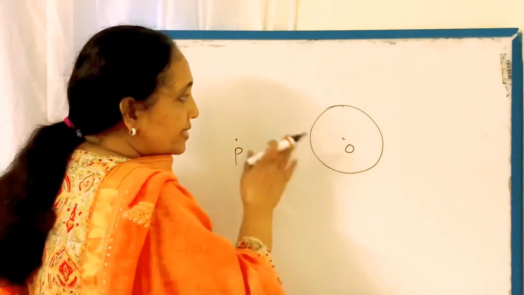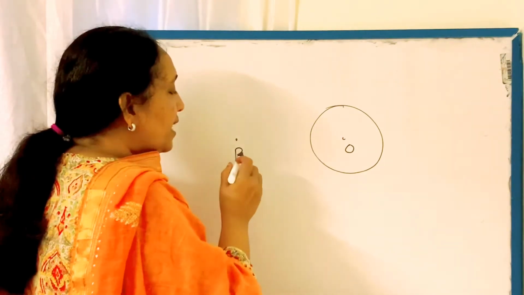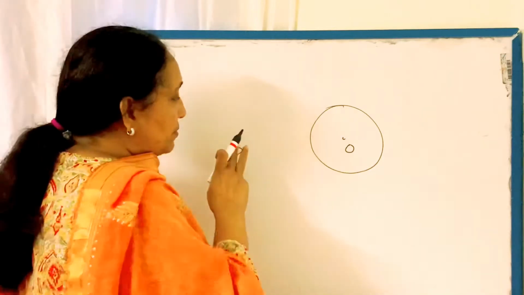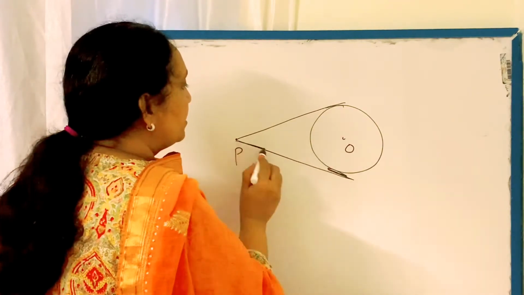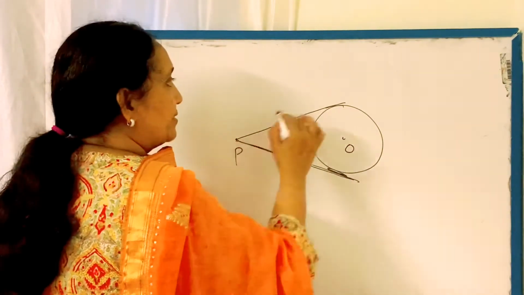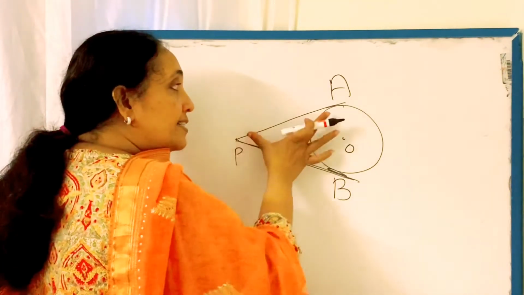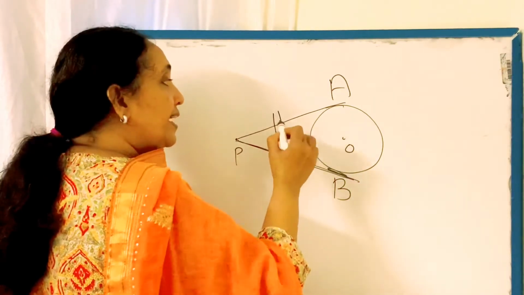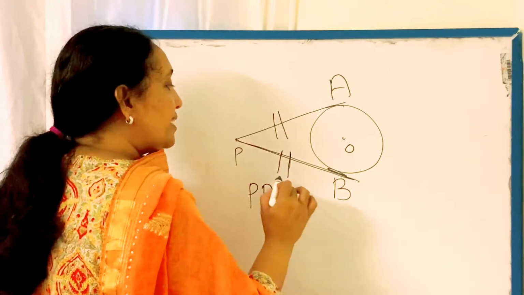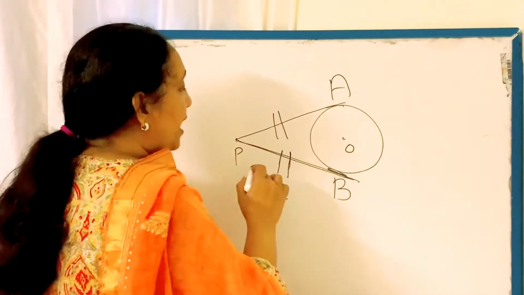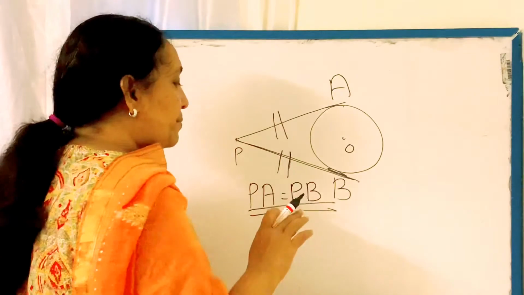Look here. Here you can see one circle and a point P that is outside of the circle. We can draw two tangents from this point to the circle. We can draw only two tangents to this circle from this point. Let us take them as PA and PB. The lengths of PA and PB will be equal. That means we can draw two tangents from an external point to the circle, and those two tangents will be equal. PA is equal to PB. These are the important points.